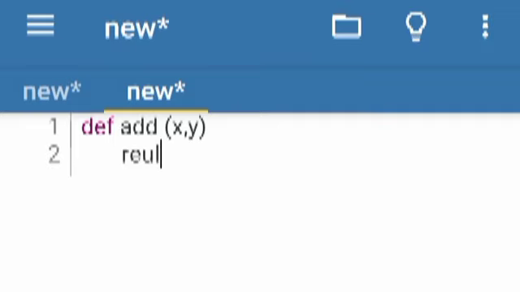Here we write result, and after that we define this: result is equal to, in brackets, x plus y. After this, I will take the variable result and print the result. I will print like this: print x plus y, that is